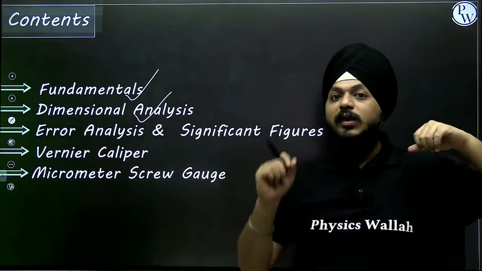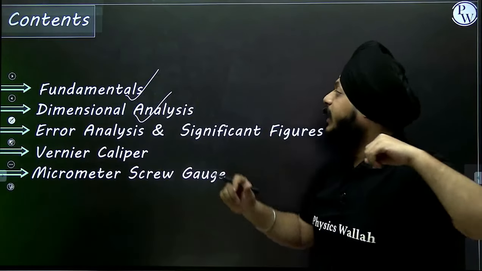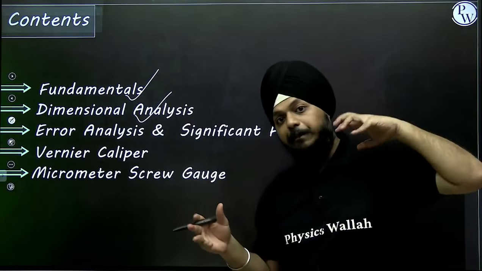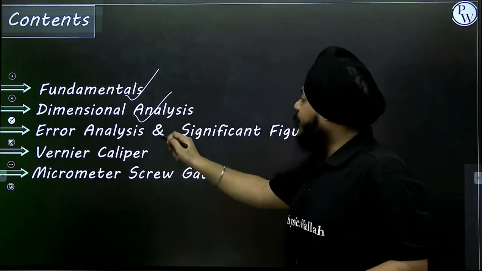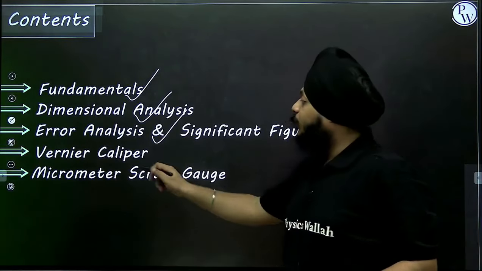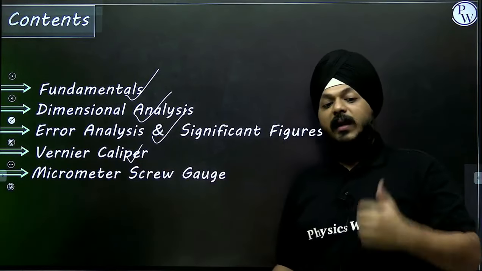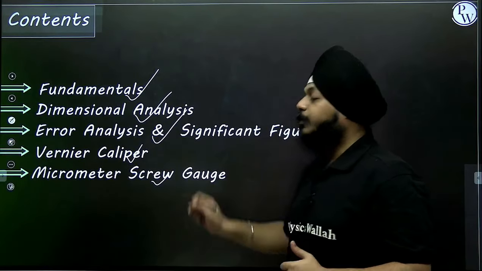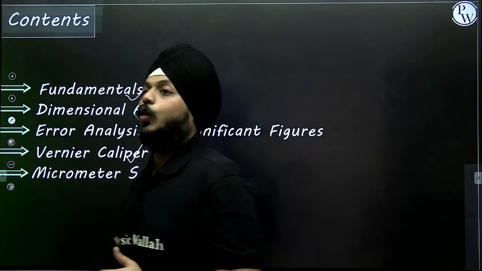Okay, so we are also going to discuss all of those topics from the basics. Apart from that, error analysis and significant figures we are going to discuss. The Vernier Calliper, a measuring instrument, and some of the important concepts related to the Micrometre Screw Gauge, like what is